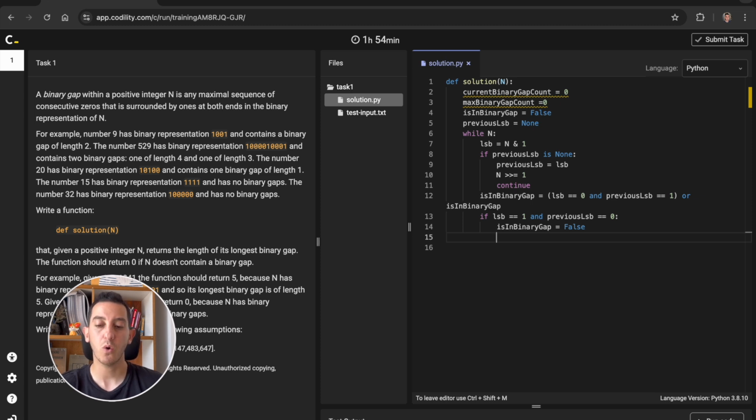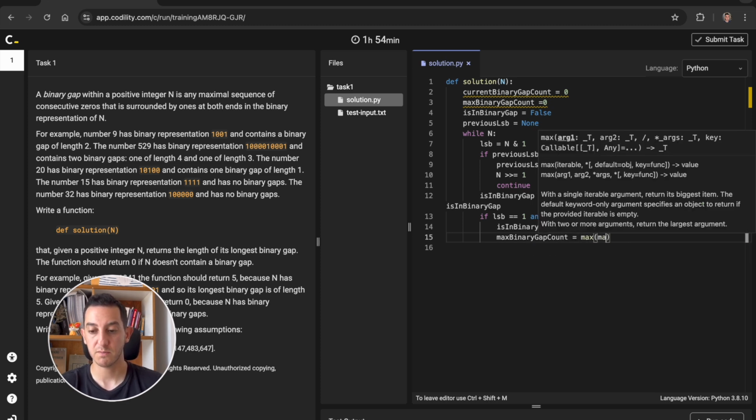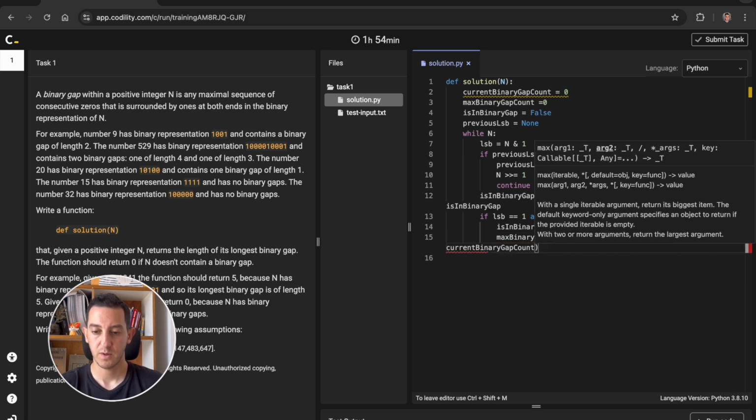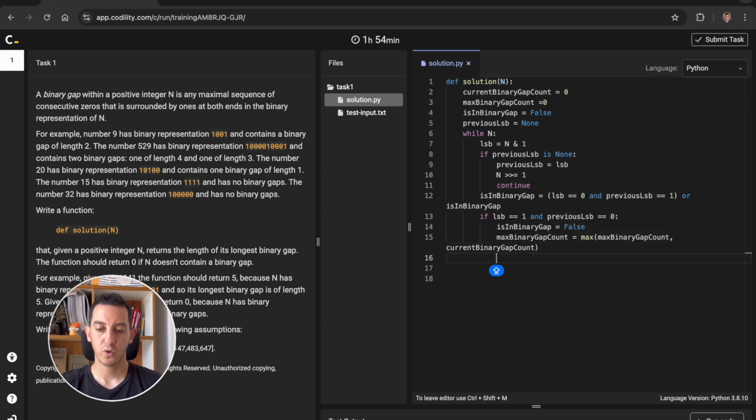We're going to need to know if the current gap is bigger than the maximum recorded. So we're going to say the max binary gap count is going to be the maximum between the current maximum binary gap count and the current binary gap count, right? And we're also going to set the current binary gap to 0. We're going to reset the count.